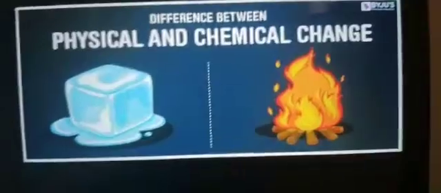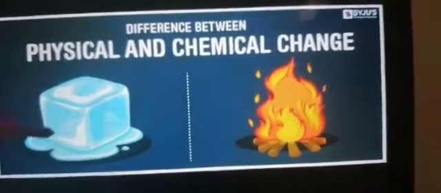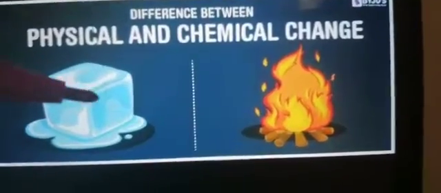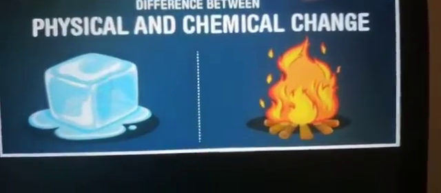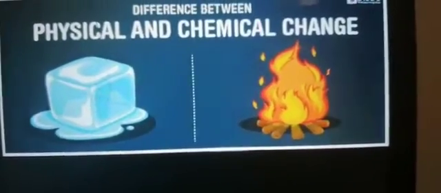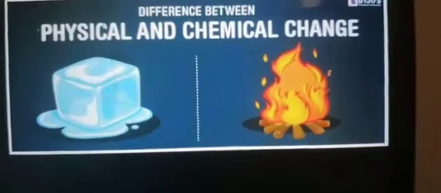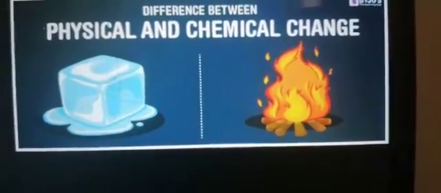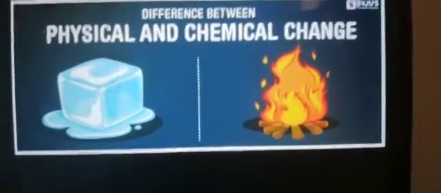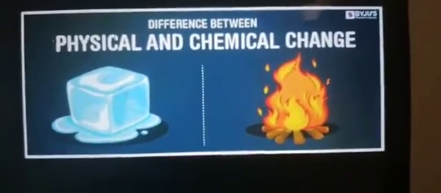This ice and water have the same kind of particles, right? So if you check, we call this water and we also call it H2O. There is no chemical change in this, only the state changes. Ice and water have the same kind of particles. Ice can change into water by melting. Here, no new substance is formed. So, it is an example of a physical change.